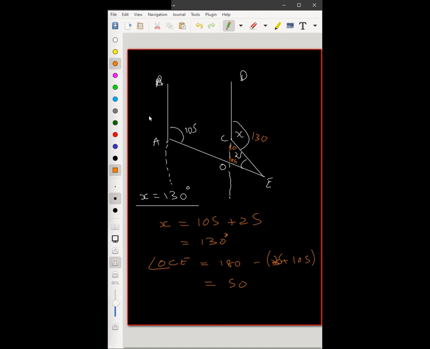There are many ways to solve it. We could have also taken a line parallel to AE like this and solved this. See, this will become 105. So this is parallel to this, so we can solve it further easily. So this will be 105. This is 25. So this will be 25. So 105 plus 25 is 130, right? Many ways to solve it. This is not the only way. As long as you're using the properties that we have learned, everything is fine.